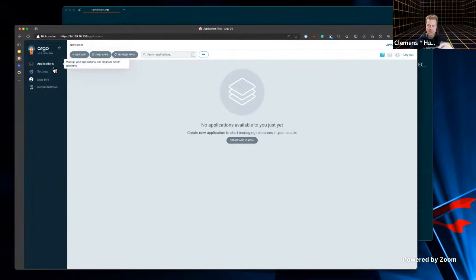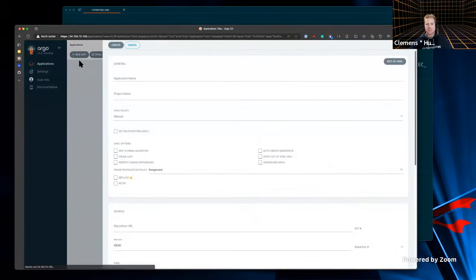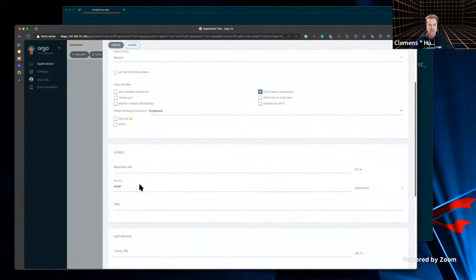So the only thing I've prepared, so I don't have to click through that, is I've taken a score file and projected it at the orchestrator. So we already have something that we can play with. So I'm going to say, okay, I have a new application. The application name is going to be whale. It's living inside of the default project. I'm going to manually sync because if I put that to automatic, changes will be so fast, you will not see the fun. Okay, so we're going to auto create namespaces if needed.